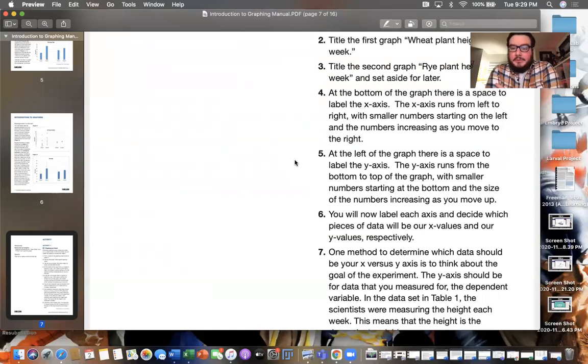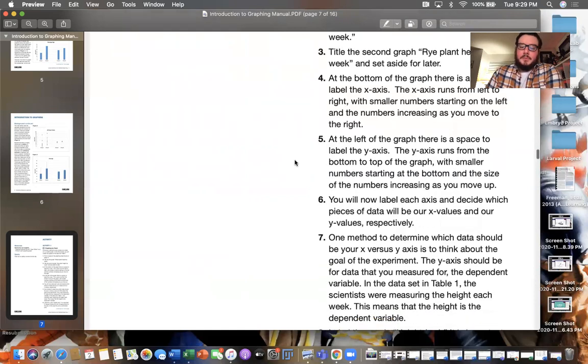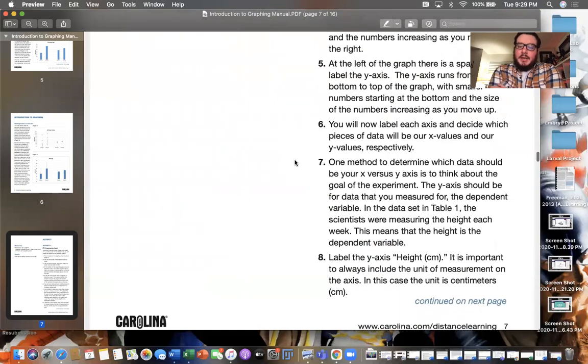At the bottom of the graph, there's a space to label the x-axis. The x-axis runs from the left to the right with smaller numbers starting on the left and the numbers increasing as you move to the right. At the left of the graph, there's space to label the y-axis. The y-axis runs from the bottom of the graph to the top of the graph with smaller numbers starting at the bottom and increasing in size as you move up. We will now label each axis and decide which pieces of data will be our x values and our y